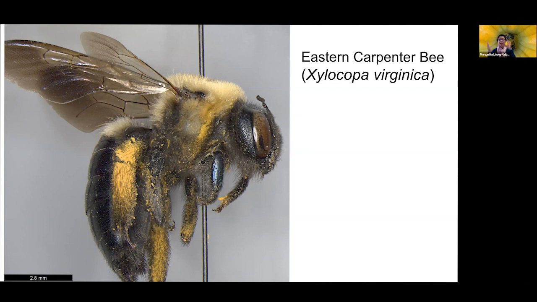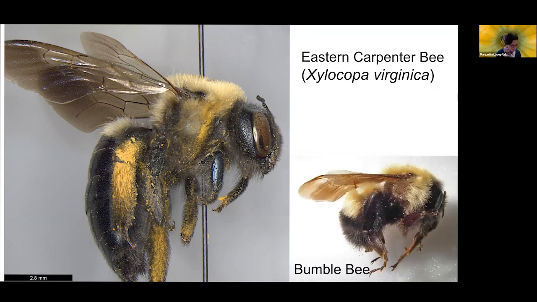Again, you can see here the shape of the head, the hairy thorax, and the shiny abdomen. This is a female, so you can also see pollen grains attached to the legs, which have really long hairs to carry the pollen back to the nest. Carpenter bees can sometimes be confused with bumblebees, because bumblebees are also really big, hairy bees. But I would like you to pay attention to a few things about the morphology of bumblebees that may help us separate them.